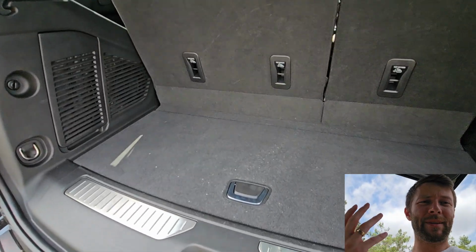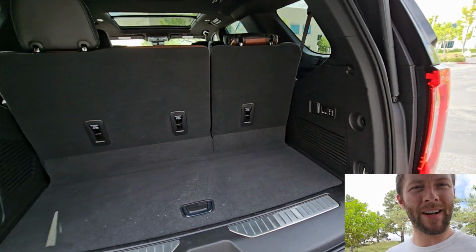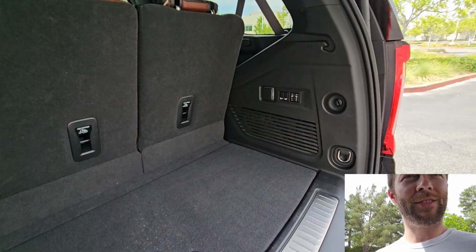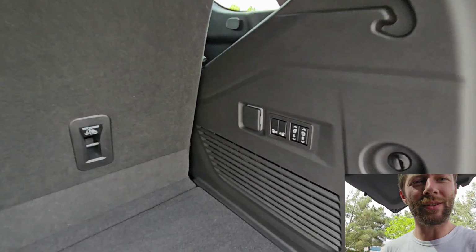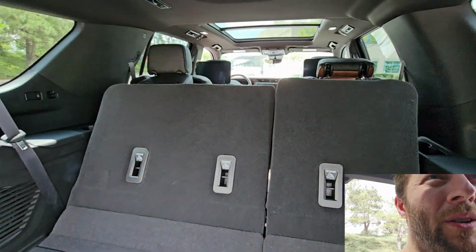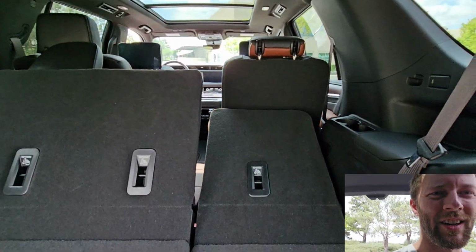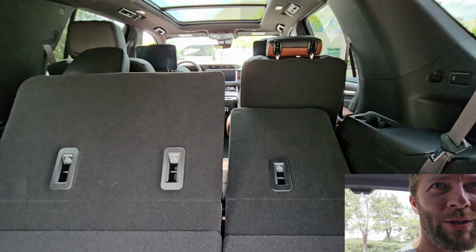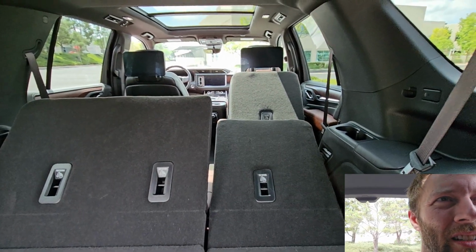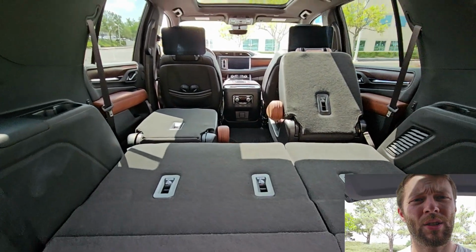But taking a look inside, this is pretty standard fare, body on frame, Chevy, GMC, GM sort of SUV. In fact, you still don't even have auto-fold second row seats. So if I try to fold the third row, that happens. That's real quality right there. That gets caught, and that gets caught in that section. So you still have to fold down the front two seats, and then you can power these all the way down. And then you've got obviously a huge